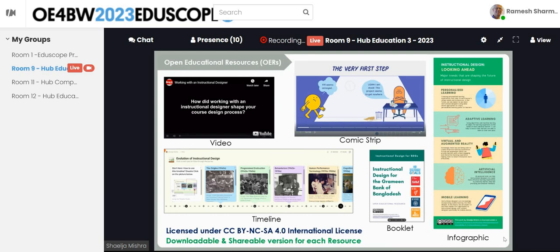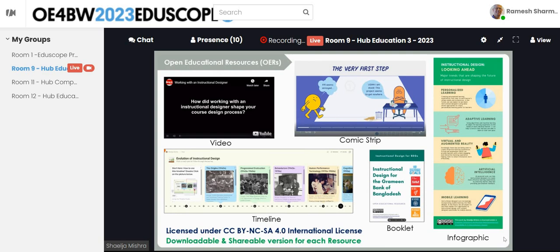There were some OERs which were large blocks of academic language text only. So they were turned into more engaging booklets with reflection exercises on the way. In that way, they were adapted. And some from fields of design thinking and project management were contextualized to instructional design. In that way, they were adapted, at the same time respecting their own Creative Commons licenses. According to their licenses, they were given the license.